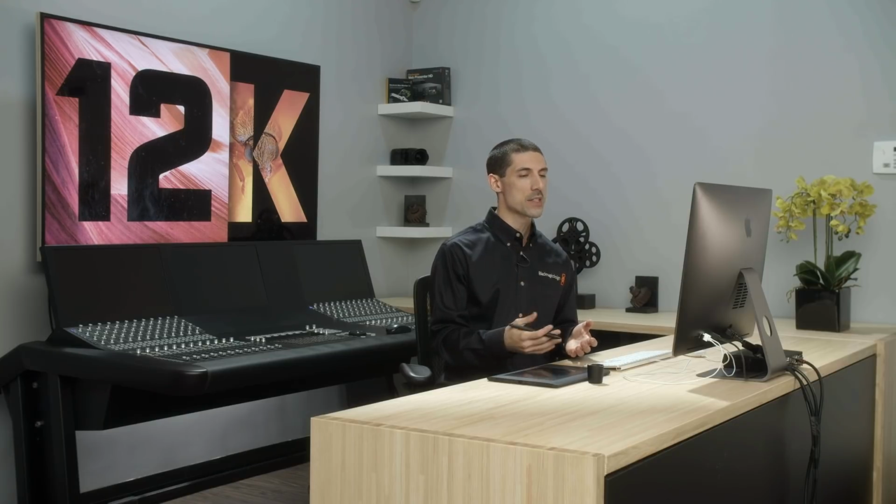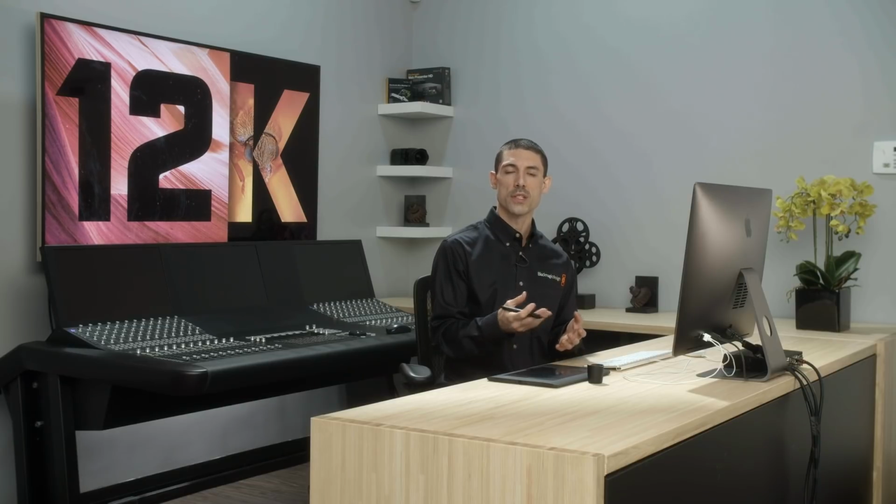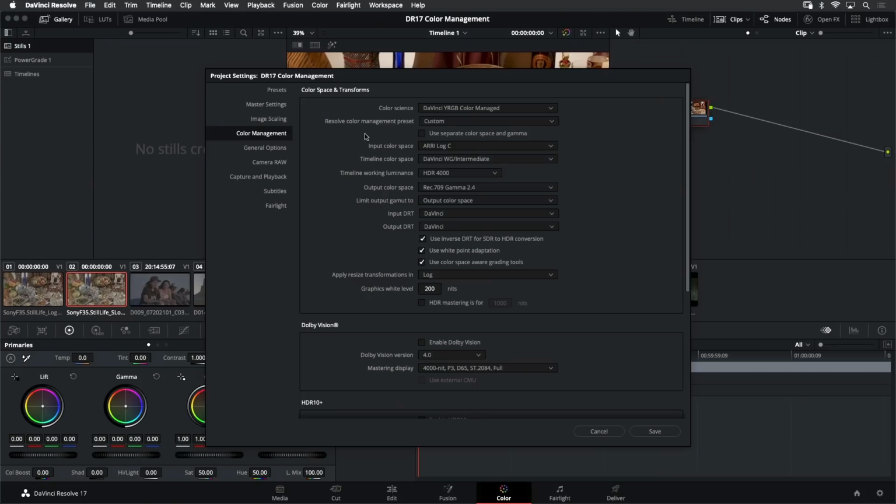But I want to emphasize that what's important when you are beginning to use color management inside of Resolve is to pick out some sensible defaults and just get comfortable with the system and understand the overall concepts that are driving the color management, as opposed to feeling the need to exert explicit control over every single one of these values.